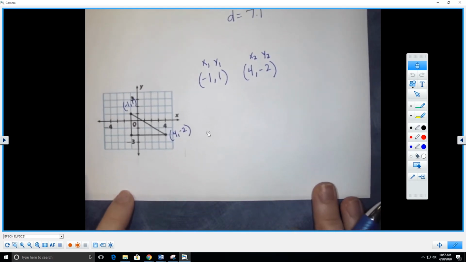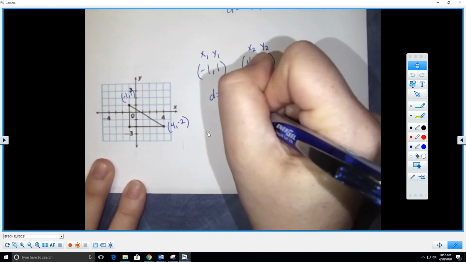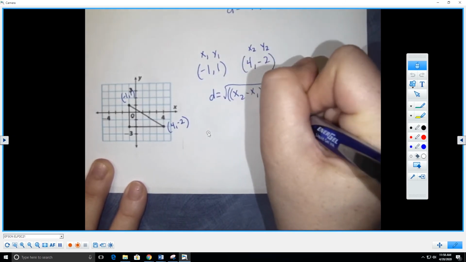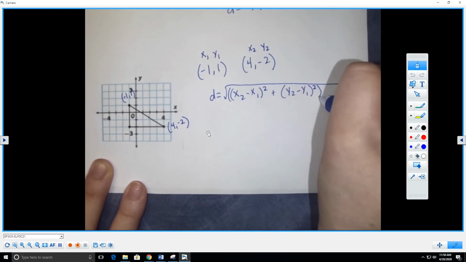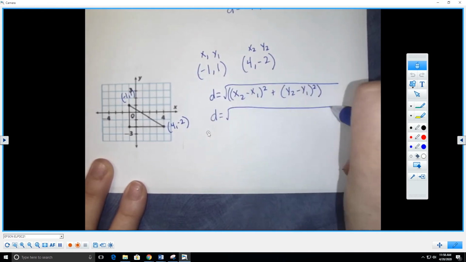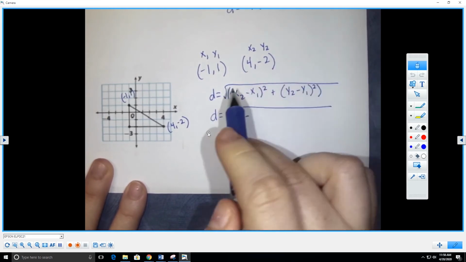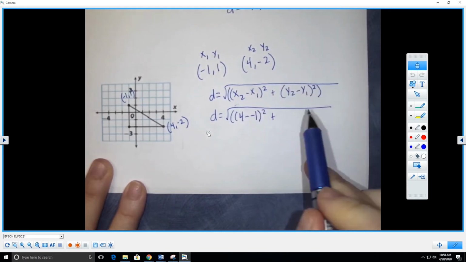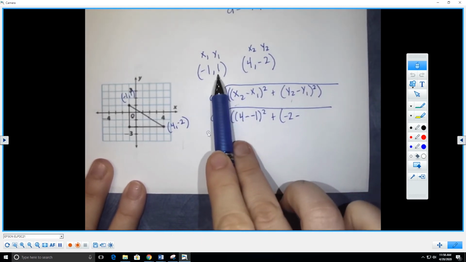And follow along with me. Okay. So we've got d equals the square root of x2 minus x1 squared plus y2 minus y1 squared. So d equals the square root of x2, which is going to be 4, minus x1, which is -1 squared, plus y2, which is -2, minus y1, which is 1